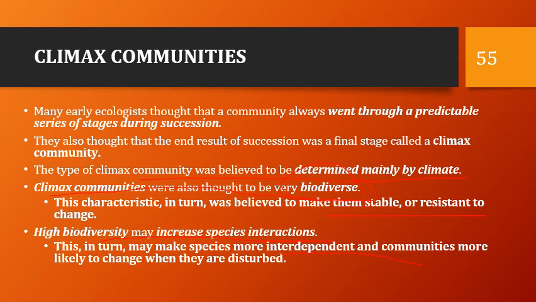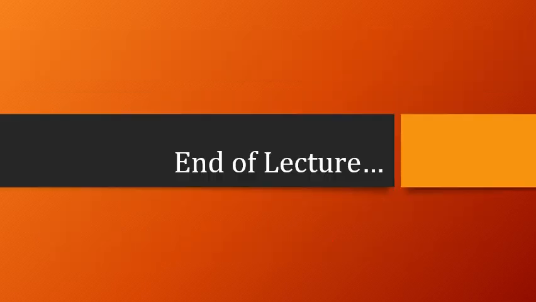So, ano nga ba yung mga maaaring mag-disrupt sa community na stable na? Okay, we have, of course, the human activities. Maaaring sa isang stable community, like for example, yung forest natin, maging stable na siya. So, maaaring ma-disrupt yun due to human activities. Okay. So, that is the end of the lecture, and I hope na marami kayong natutunan from our discussion this time.